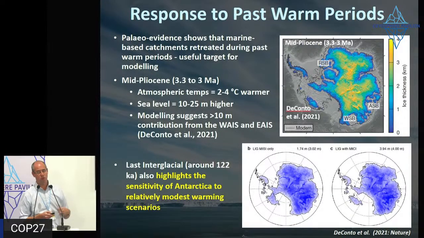I think something that was touched on earlier today as well was that we sometimes look into the deep past to see what happened to these ice sheets during past warm periods. And it's quite worrying, certainly for Antarctica. We know, for example, during the mid-Pliocene, about 3.5 million years ago, temperatures were only 2 to 4 degrees warmer. Sea level was 10 to 25 meters higher. So we know that if we sustain